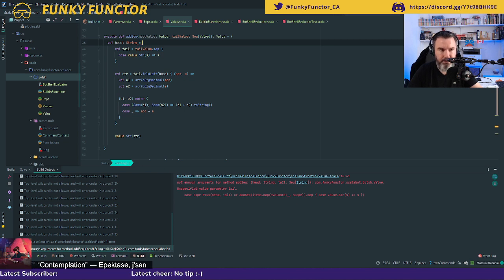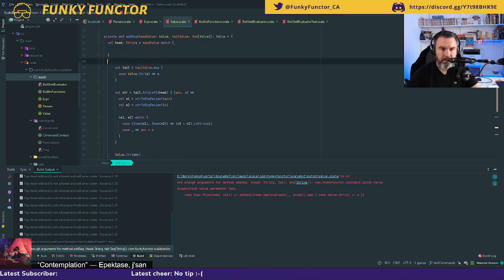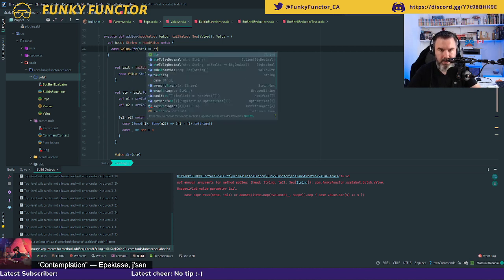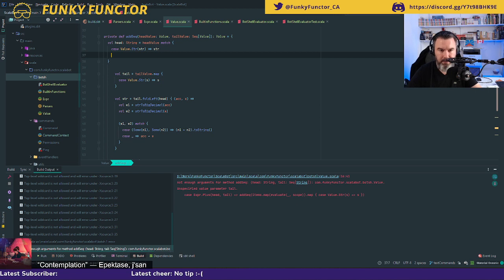So let's force this to be evaluated as a string. And so I've got head value match. So I have two cases. The first case is, as we saw earlier, case value.str, which should always return my value. So here I'm going to return str, no worries, everything's fine.